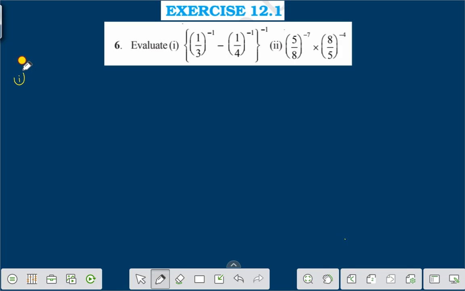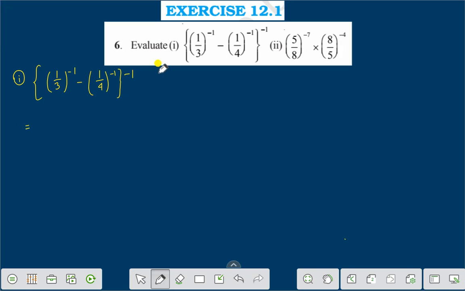This is question number 1, that is, in the second bracket (1 by 3) to the power minus 1, minus (1 by 4) to the power minus 1, in the second bracket close, minus 1. Therefore